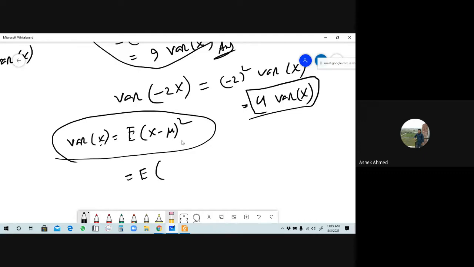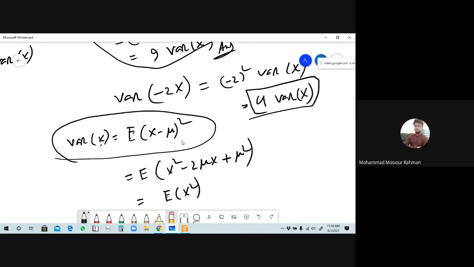What is the value of x minus mu whole square? Response me, the formula of a minus b whole square. This will be x square minus 2 mu x plus mu square. Is it right? Yes, sir. Response. Okay. So since expectation is a linear operator, that will be the expectation of x square